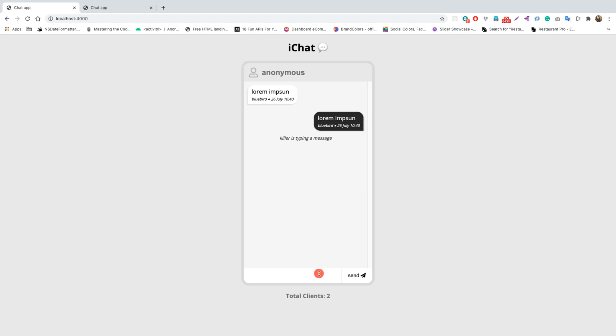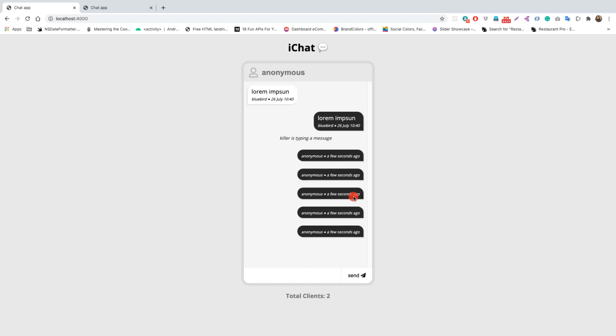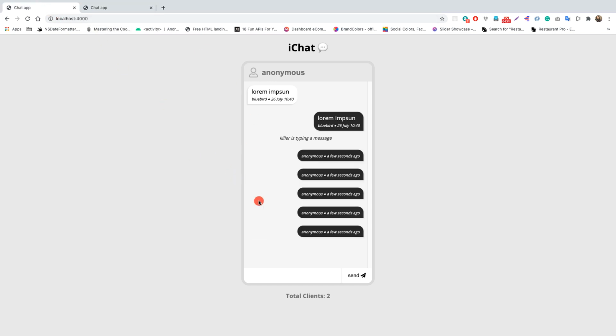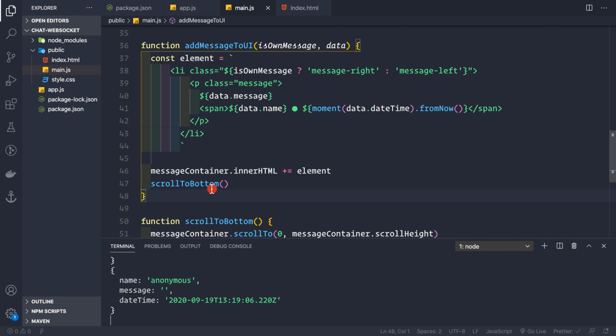So now one more thing, that is currently if the input field is empty, we can send a message here. As we can see, we are able to send the message and the other window is able to receive the message. But we do not want to do that. We should be only able to send messages when there is something inside this input field. So that is super simple to do.